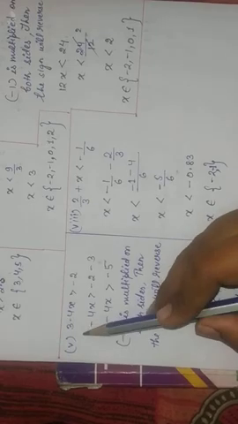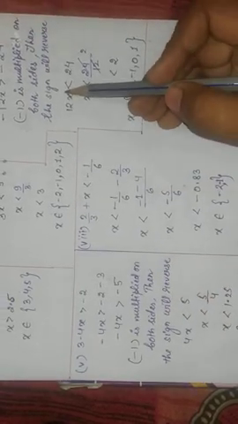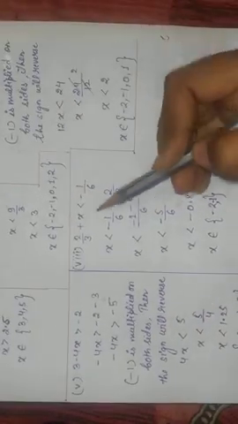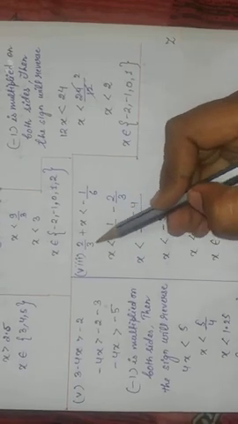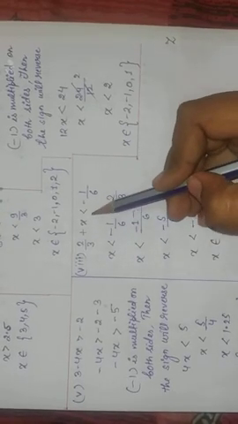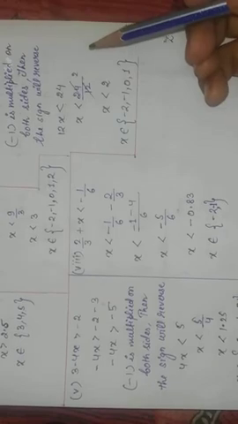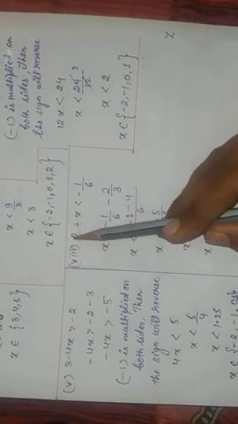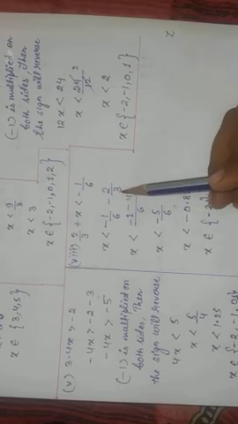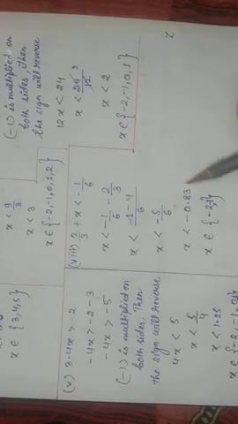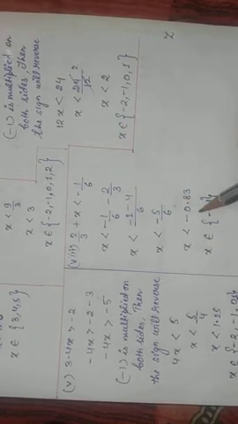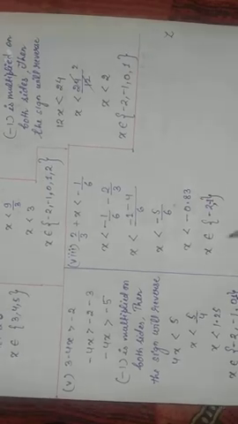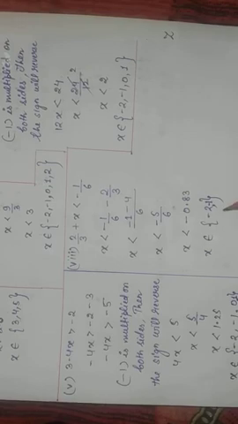Now the fifth question is the same as question number 3. Then I am coming to question number 8, which is 2/3 + x < 1/6. So x < 1/6, and 2/3 comes here, it will become -2/3. So just equate this, you will get x < -0.83. So x will belong to -2 and -1.